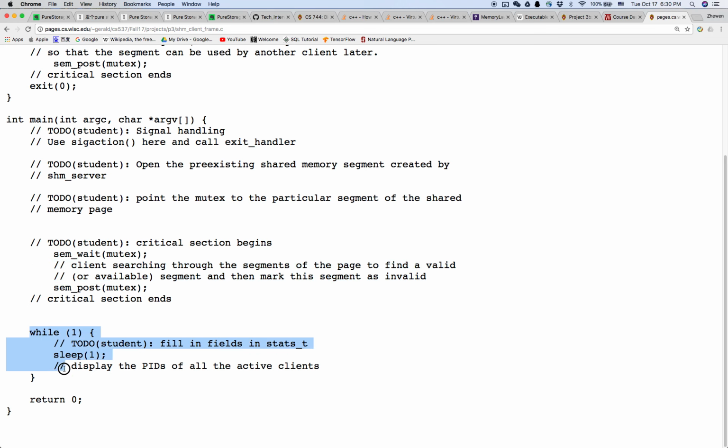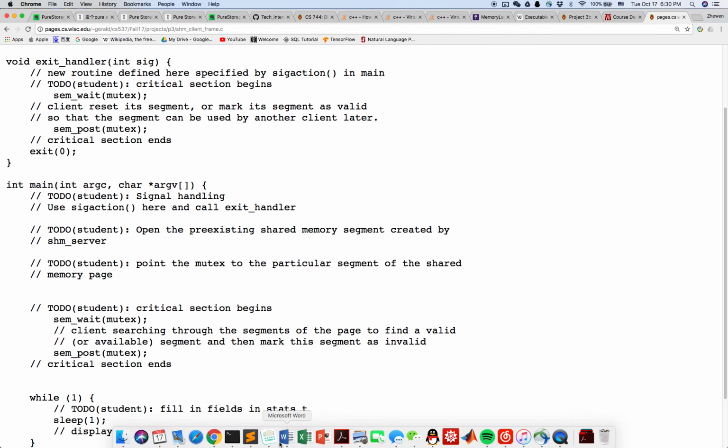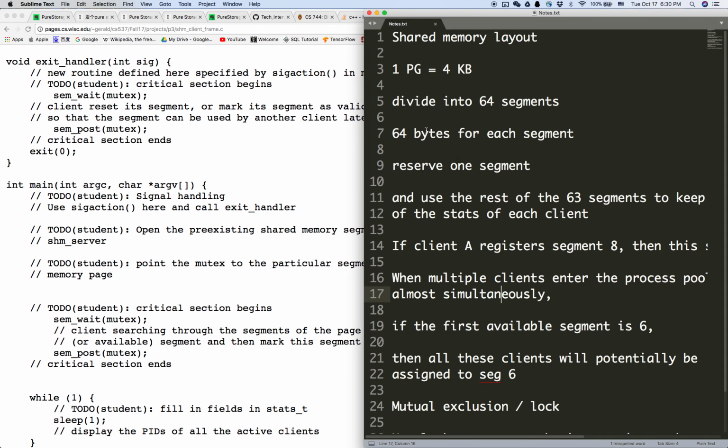You will do this here. And then you enter a while(1) loop and print out the information every 1 second. That's it. Just now I said that we divide this region into 64 segments, right? And why are we only supporting 63 segments instead of 64? The reason is that we want to reserve one segment